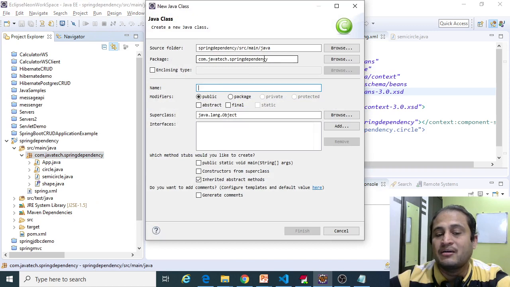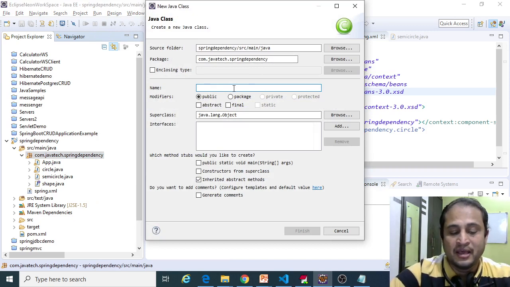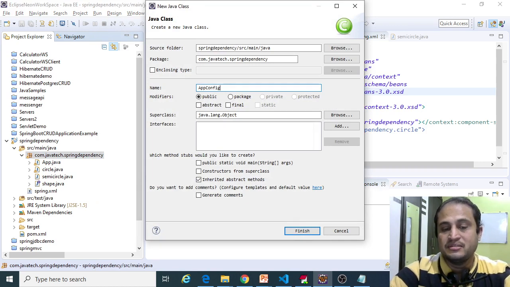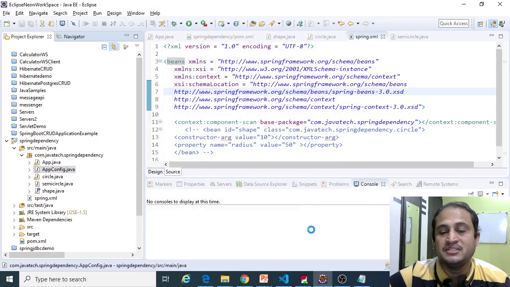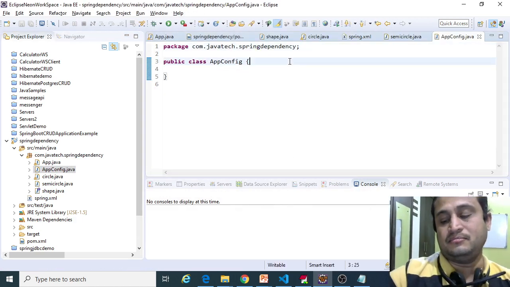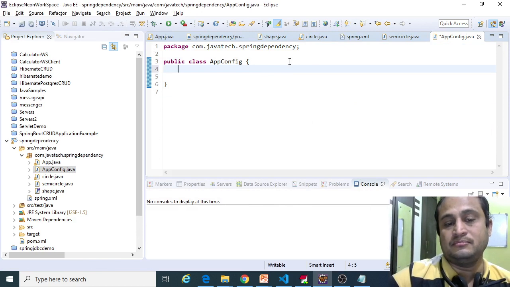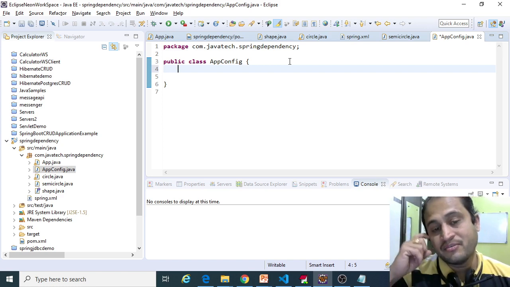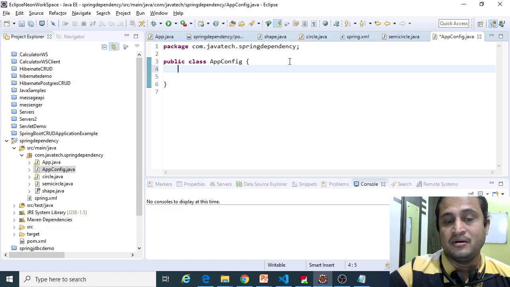I will create a class called AppConfig. This is a class, and in this AppConfig, what it actually does is, it is a kind of configuration file where we need to register beans.